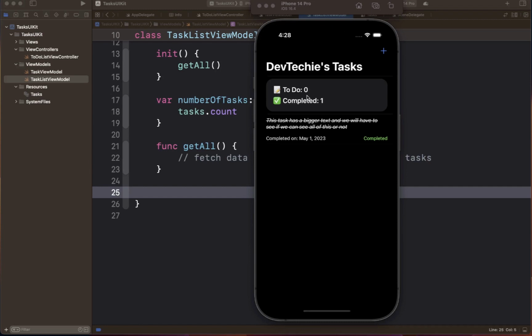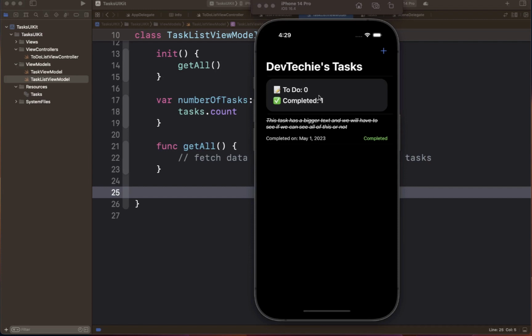So we're going to basically have a function which is going to return the number of rows by section. Okay, now for the first section, which is the 0th index section, we're going to have only one row, which is going to simply display the summary of overall tasks that we have in the list. And the second section, which is going to be section index 1, is going to display the number of tasks that are there, like, in total. Okay, so